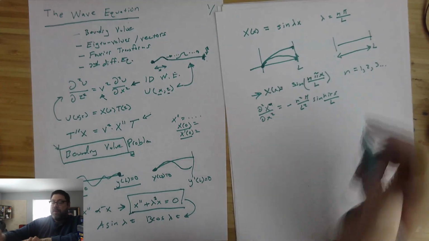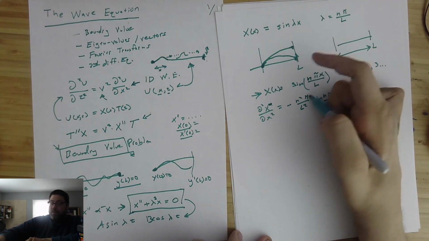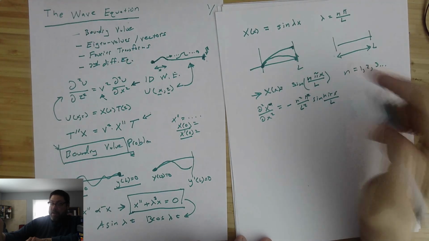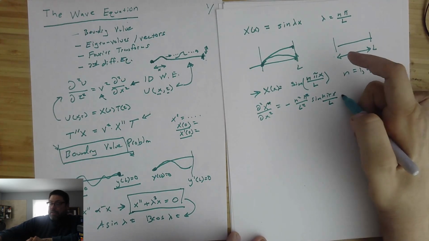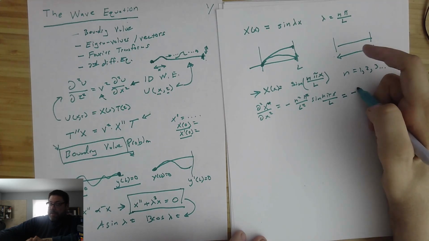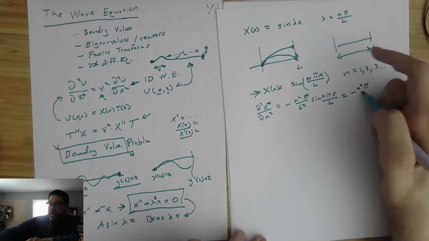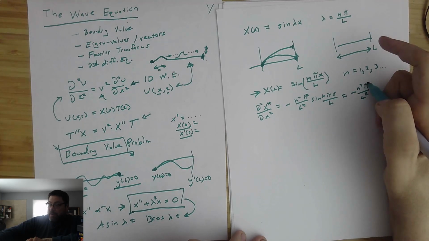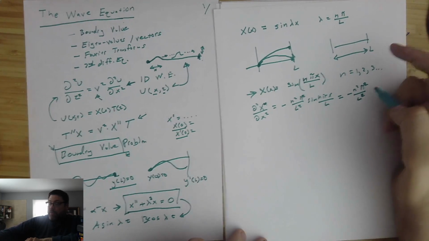And of course, each derivative is going to bring out this argument, so it's going to be that argument squared times the number of itself. And notice that this just equals minus n squared pi squared over L squared